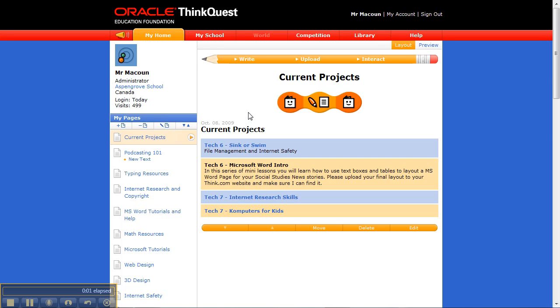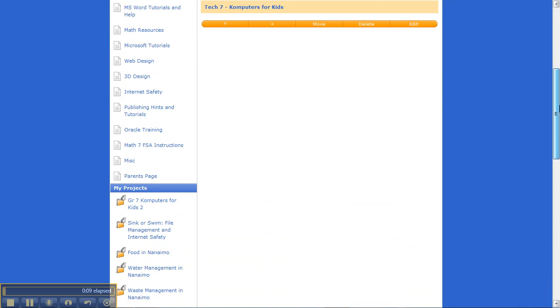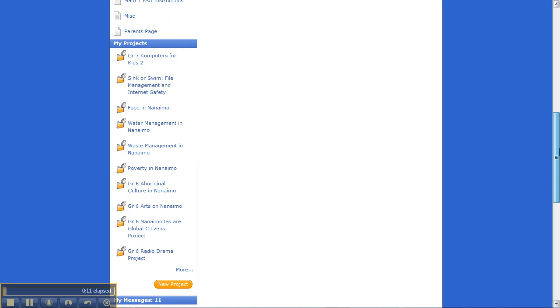So now it's time to talk about one of my favorite parts of this platform, and that's the project pages. So I'm on my home page right now, and if I scroll down here, you can see on the left-hand side quite a few of the projects I'm involved in at the moment or have been involved in the past. And at the very bottom here, there's a new project button. So we're going to start a new project,